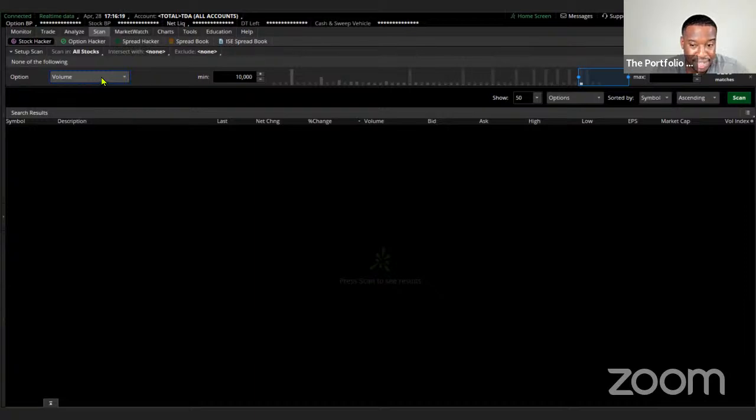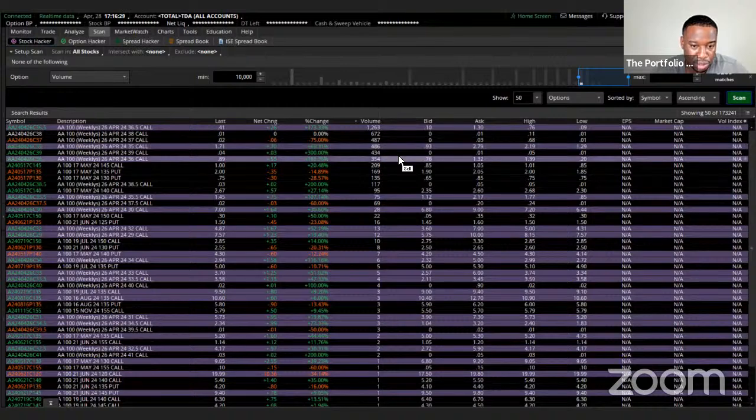Make sure that this says volume and you want it to be at 10,000 or more. All you're going to do is click on scan, and it's going to tell you the contracts that are moving with the most volume. Granted, the market is closed right now so you're not going to see it, but it's going to be 10,000 and above. This is something that I do every morning. I'll run a scan just to see what stocks are trading with the most volume, and then I will do another scan on FinViz with relative volume, and another scan on